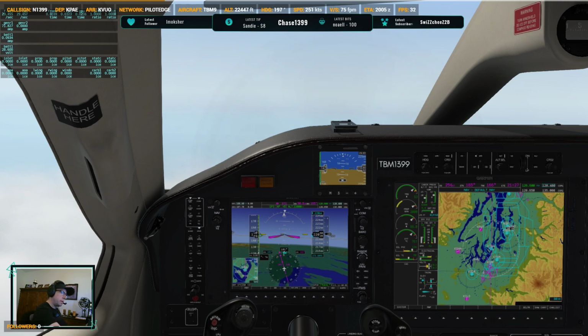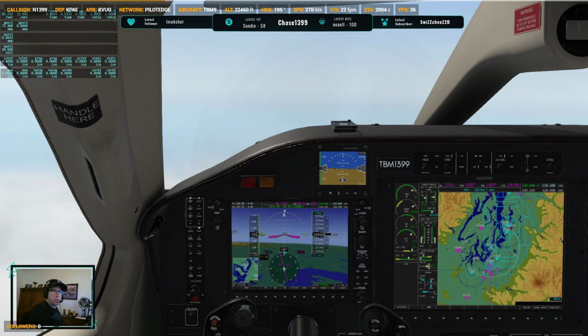So 135.12 is ATIS for Pearson Field. And I also want Portland's ATIS, so I can find out what Portland's landing when we get close. Because Pearson Field's across the river from Portland. So...